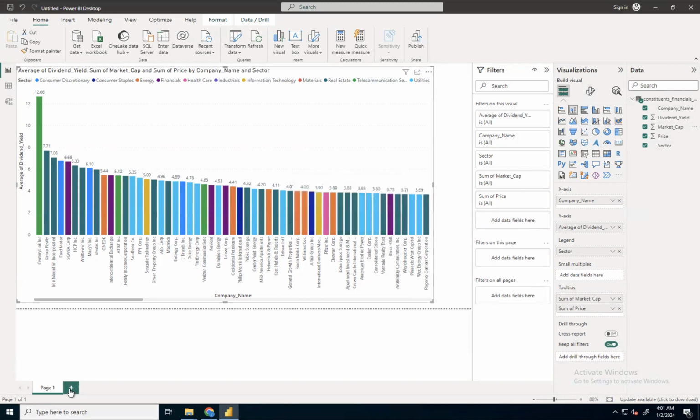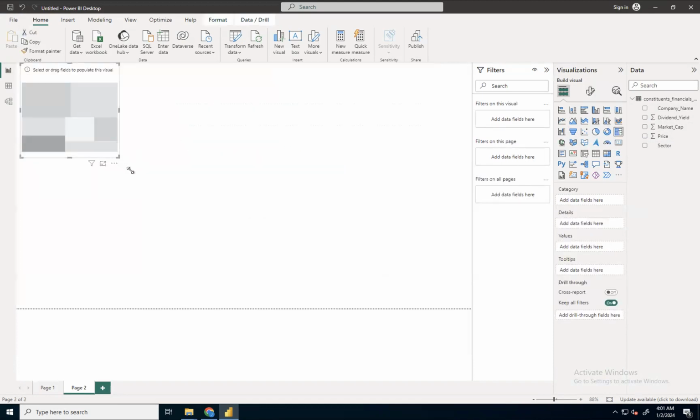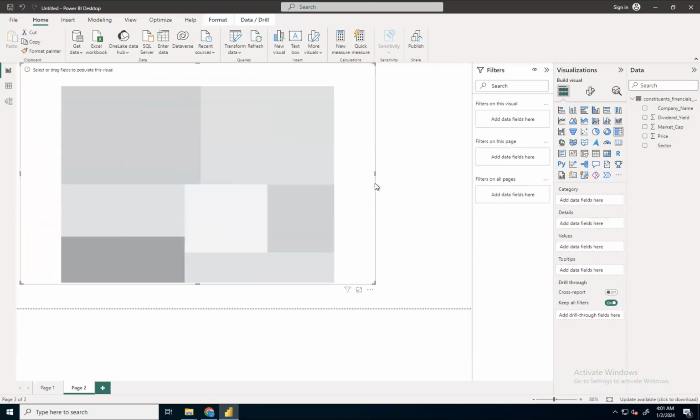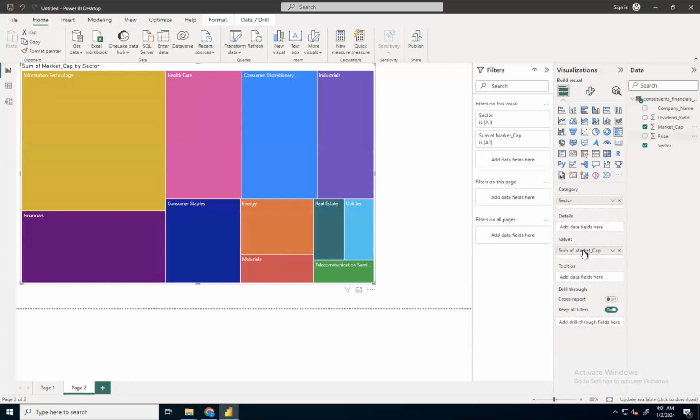Now, let me go ahead and create one more visual that shows the relationship between sector and market cap. For example, what is the market cap a financial sector has? So I will create a tree map for it. I'll have sector in category and market cap in values.